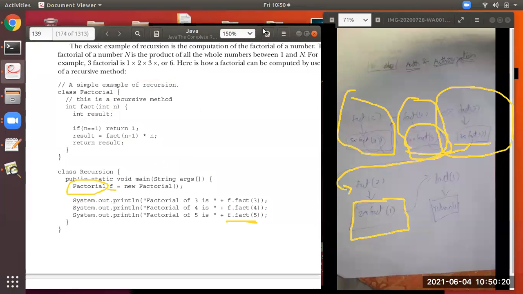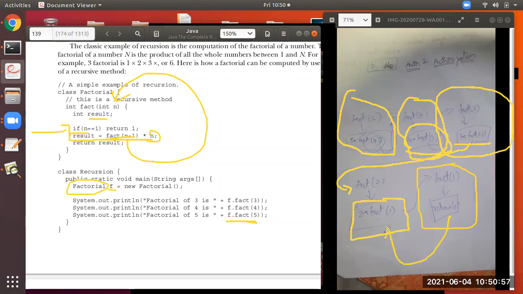2 into factor of 1, I will explain from here. Now you all please observe here, this is factor of 1 and this is 2. Now this factor of 1 will call here, remember, factor of 1. Now result is a variable declared. Now you see the if condition is evaluated. As this is evaluated, it returns 1 by skipping this line. You all please observe here, it will return 1. So you can see factor of 1 is encountered with the if condition as true and it is returning 1. So it will return 1 here.